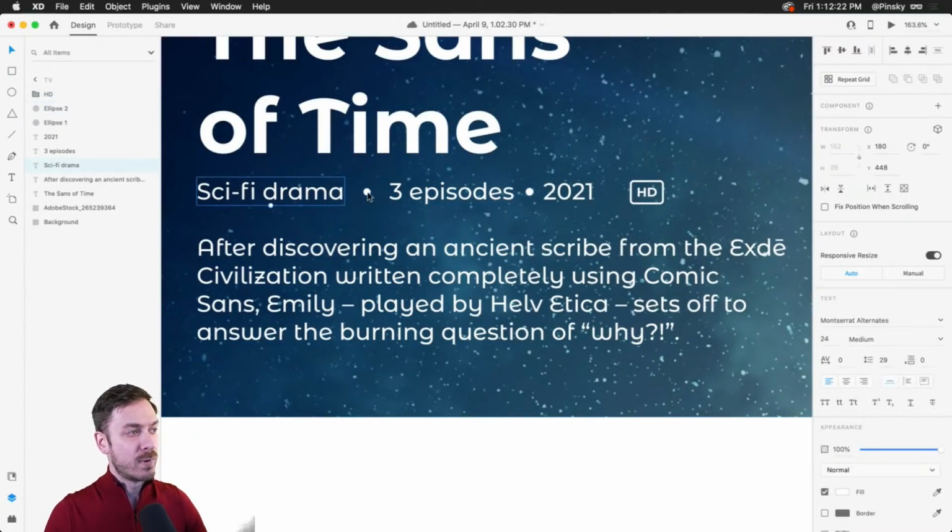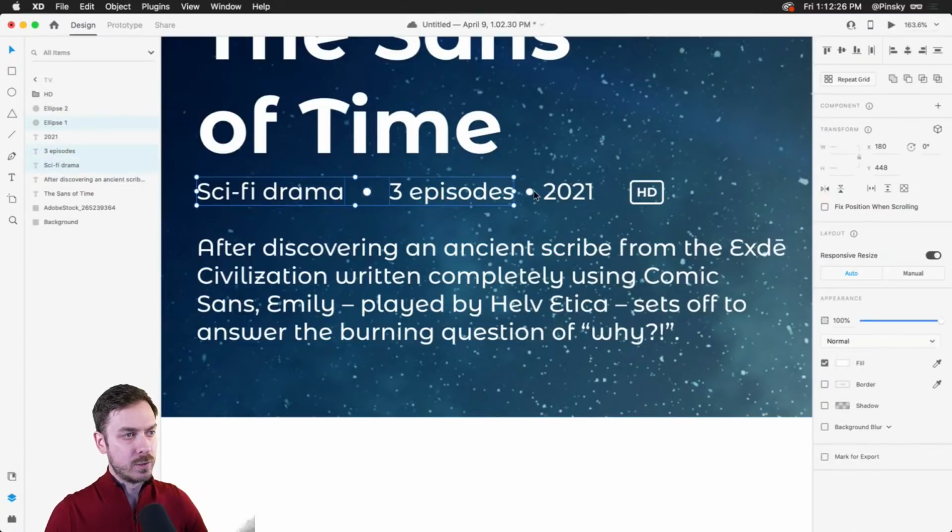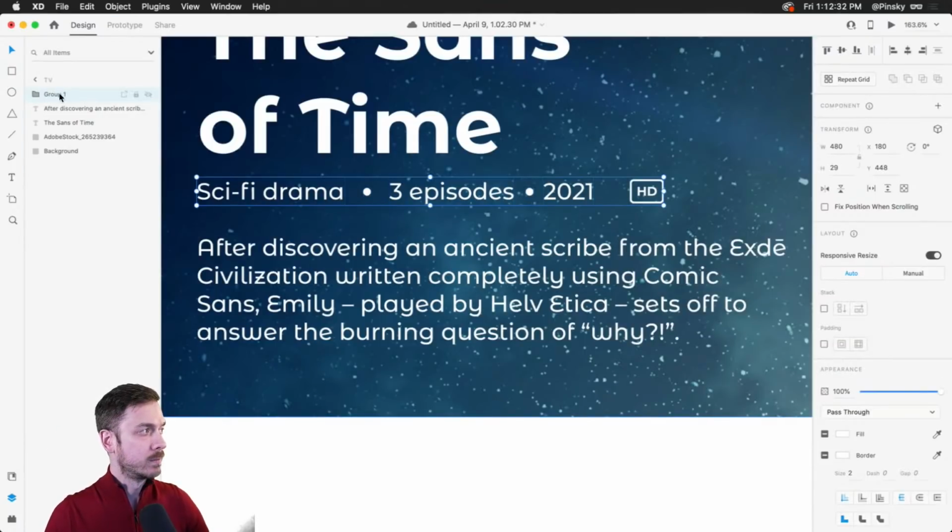So I'm also going to grab all the layers that make up this row here, by holding down Shift and clicking. I am going to align them and pop them into a group. I'm going to call this metadata. Now, to make sure we can very easily align and rearrange them, within the properties inspector over to the right, we're going to turn on a stack. And this will allow us to dive in here, either directly on our canvas or directly here.